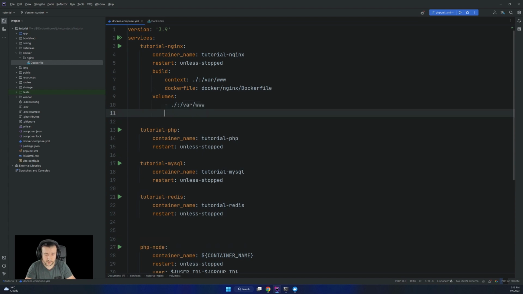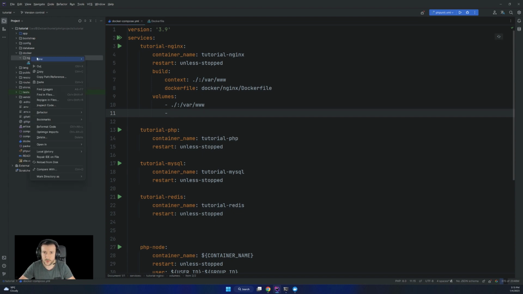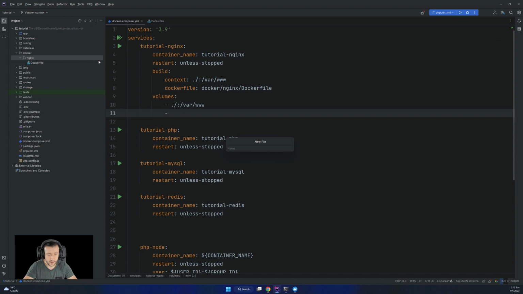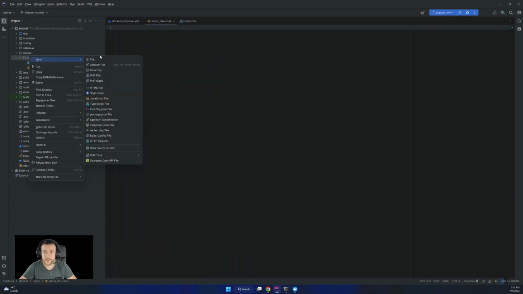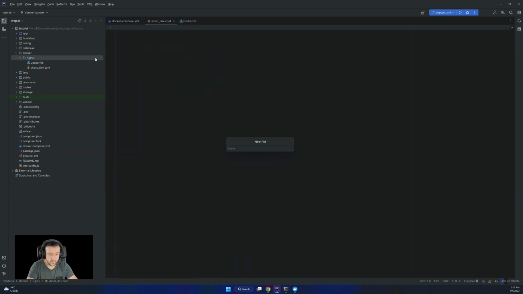Okay, and another volume that I want to use is the host file. So let's say maybe I want a file like the host dev.conf, or maybe I'll have another file, the host live, that I'm going to use for live conf.